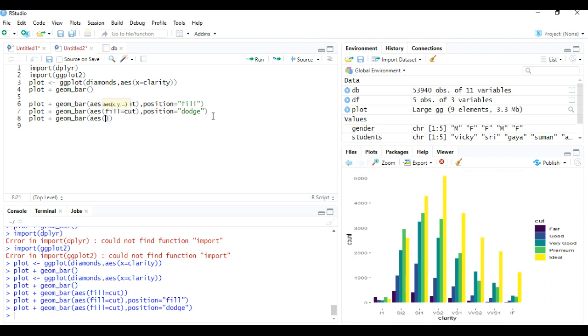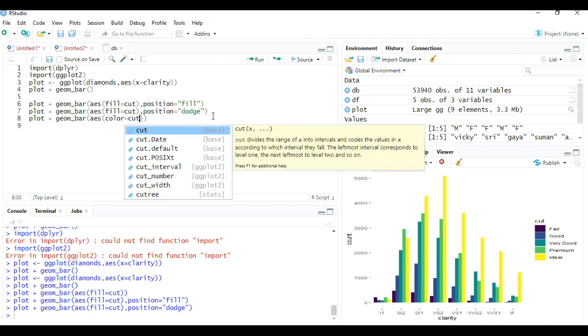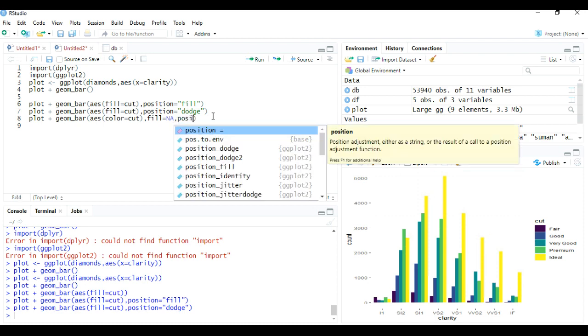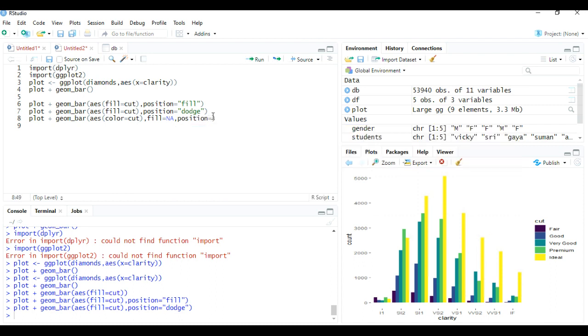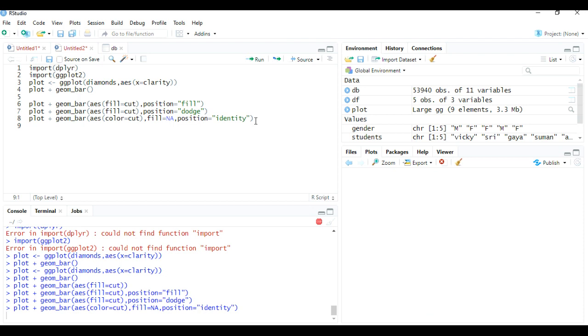I am going to give color equals to cut. Okay, next comma fill equals to null, and again I am going to give position equals to identity. Now let's run this line and see what output we are getting.